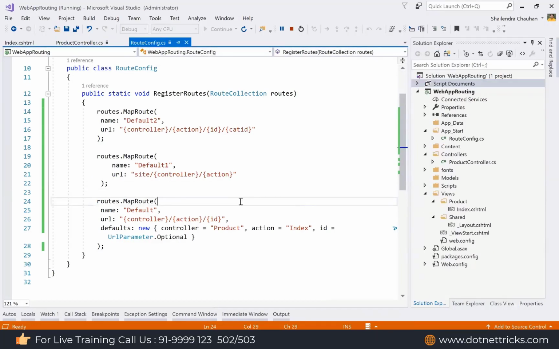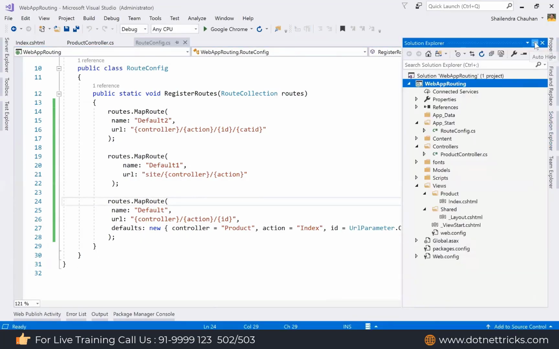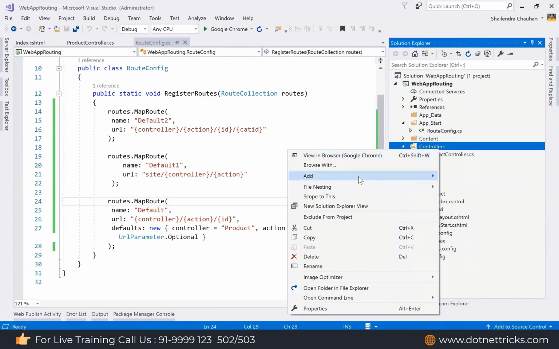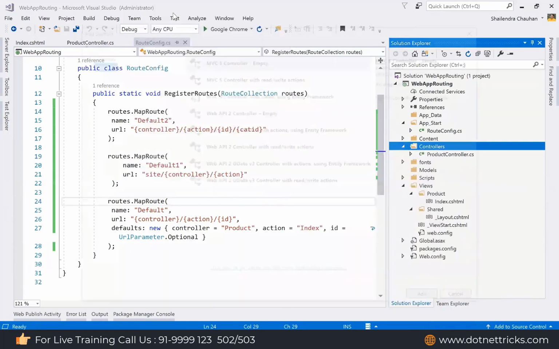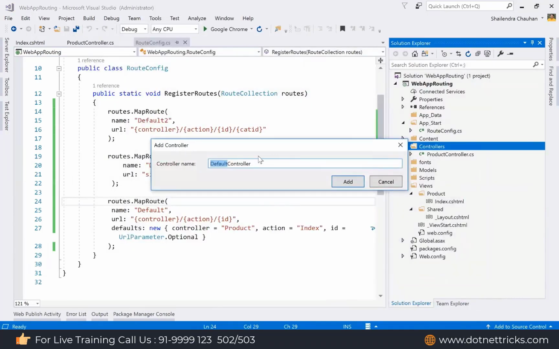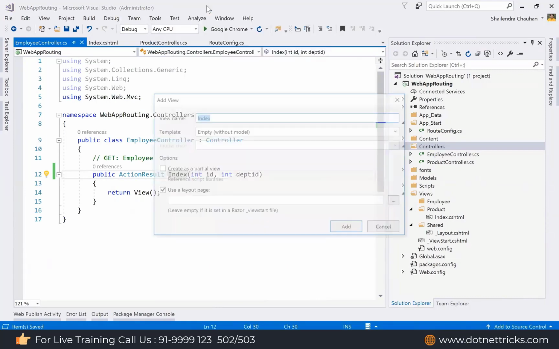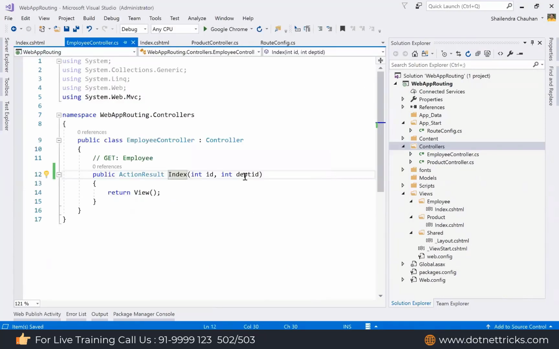So guys, sometimes it might be the case. Let's say I'm just generating a scenario, and let's say we have an employee controller as well. And in the employee controller, we want to fetch the employee information based upon the employee ID and department ID. So here I'm receiving the employee ID and department ID. And if you will see now, the parameter name is different. It is DPT ID, not the category ID. And let me put a question mark here as well so that there will be no error.